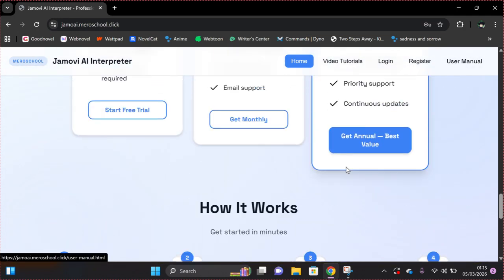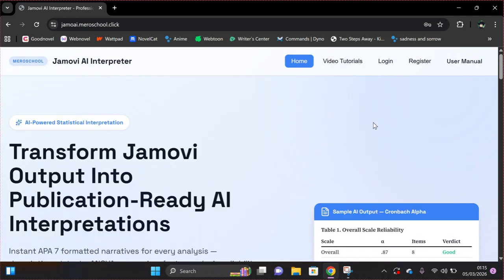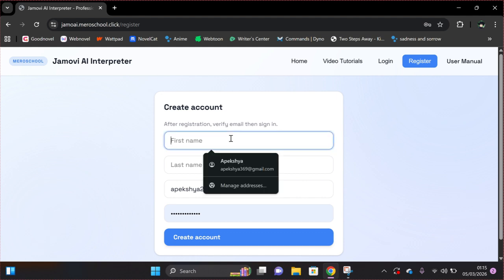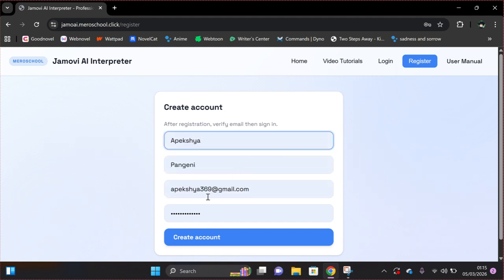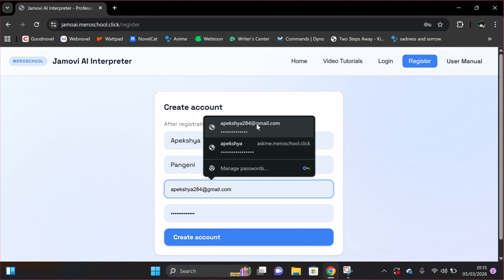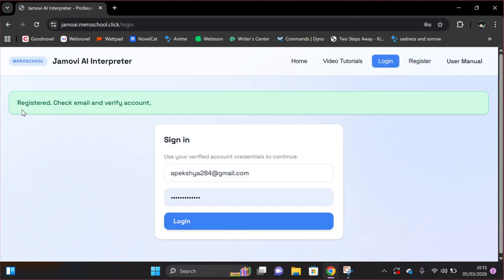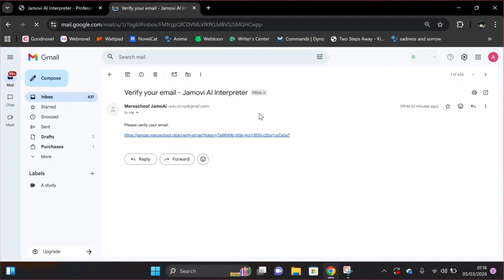If you go for the annual option, you will get a $10 discount as well. And now, to start with, first of all you need to register. Once you register with your name and email, you get the create account link. Then check your email and verify the account. This email has a verification link. Once you click on this,